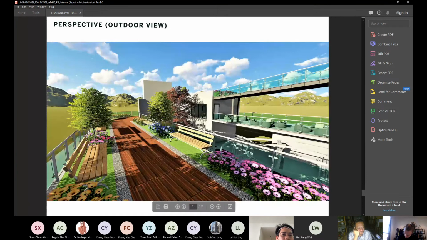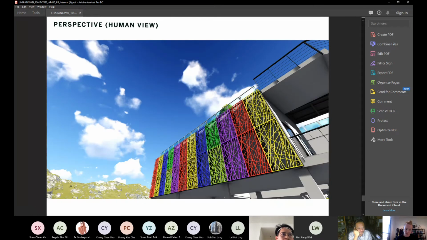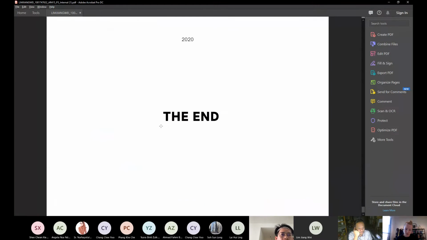This is the garden area, which is the second floor after the exhibition. This is the perspective human view to the facade. I think that's all for me. Thank you.